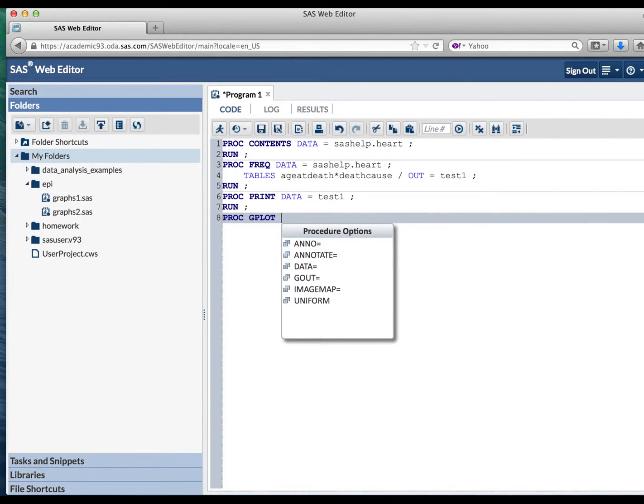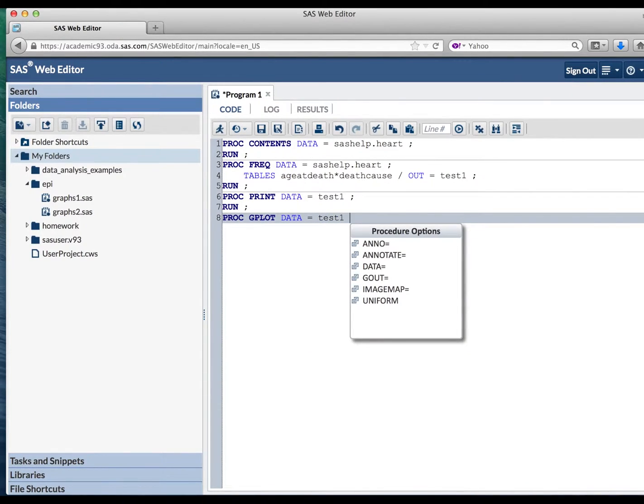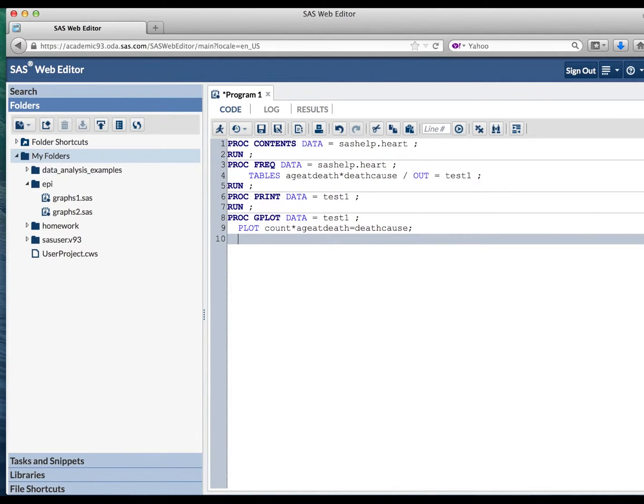Now we're going to do proc gplot. Data equals test1. We're going to use that data set we created, semicolon. Plot count, it's going to be our y variable, times age at death is the x-axis, equals death cause, semicolon. We'll get a separate plot for every cause of death. But we don't want every cause of death. We only want it where